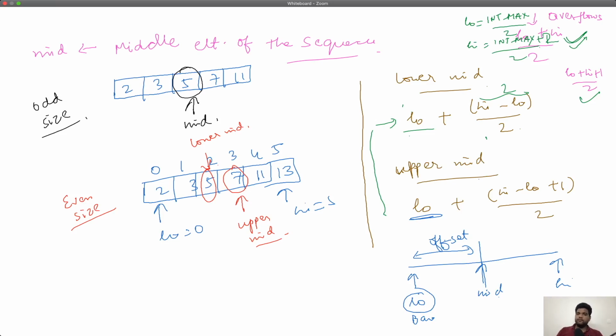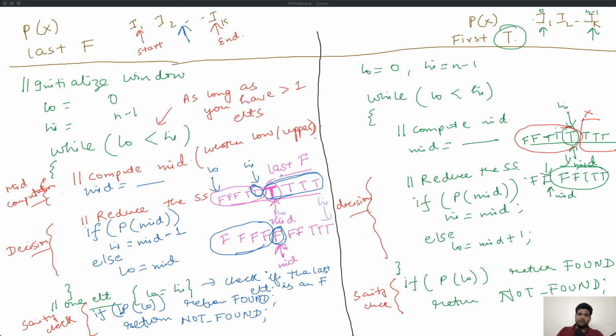So now with this background of low and high mid, lower and upper mids, we want to come back and discuss whether we want to use an upper mid here or a lower mid here. Same for this as well. Typically, you cannot use both the mids. That's the first thing. And I implore you to think more about why you cannot use both the mids.